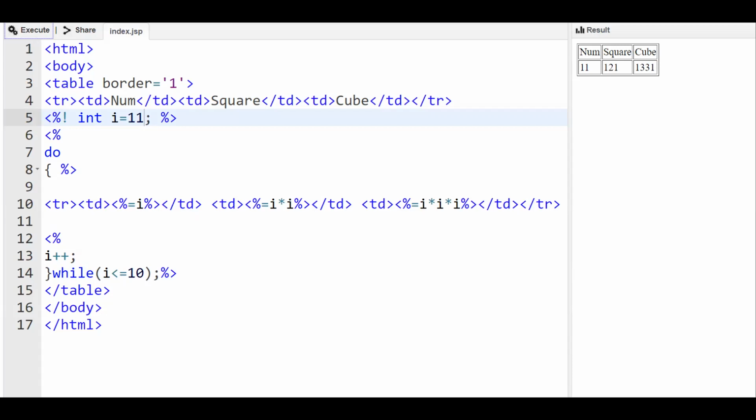So you can install Eclipse required for J2EE and try to create a project and implement these things. We require a Tomcat server for execution of these JSP pages also.